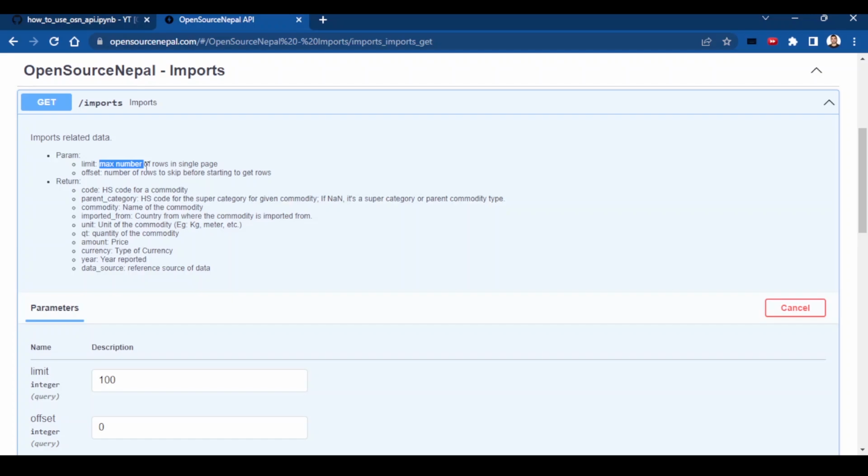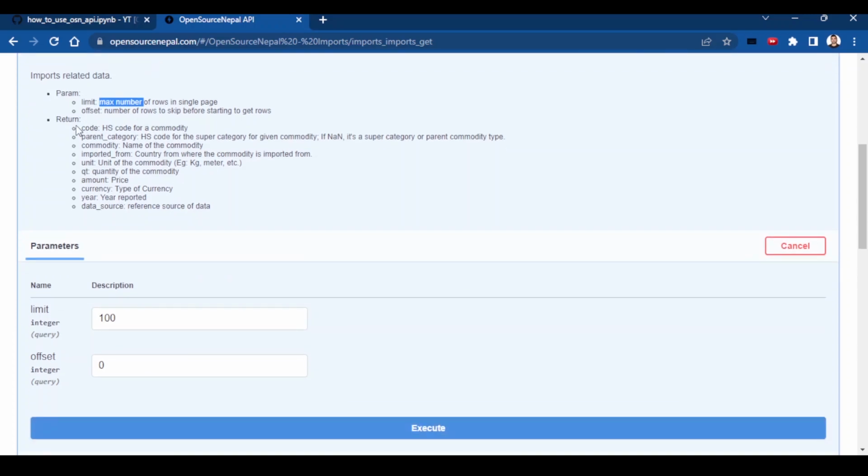Let's say you are doing some pagination, right? So you're implementing a pagination feature in your application, be it a UI or mobile application, you could use the offset to create a pagination effect. And yes, definitely there are other ways of doing it, but this is one of the use cases where you could use the limit and offset feature.